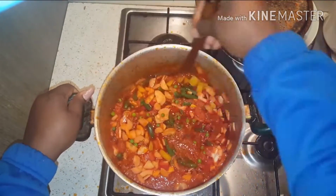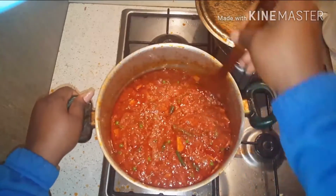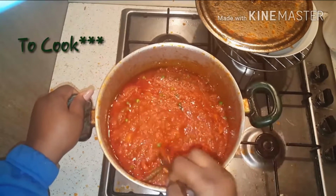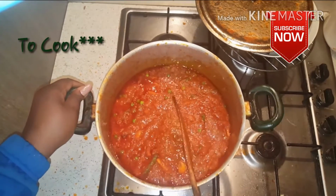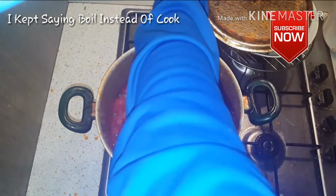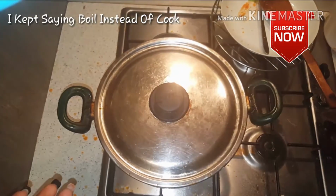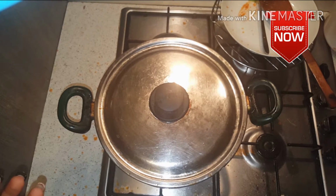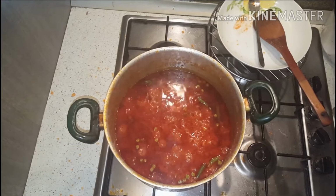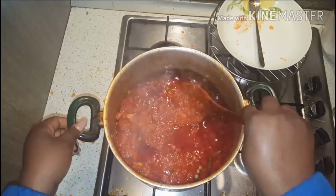And I'm going to stir, and I'm going to leave it to boil for about 7 minutes, because you don't want to overboil it. If you overboil it, the vegetables are going to be soft after the rice is complete. After the completion of the jollof rice, your vegetables are going to be soft, so you don't have to overcook the vegetables. So after 7 minutes, I came back and I stirred